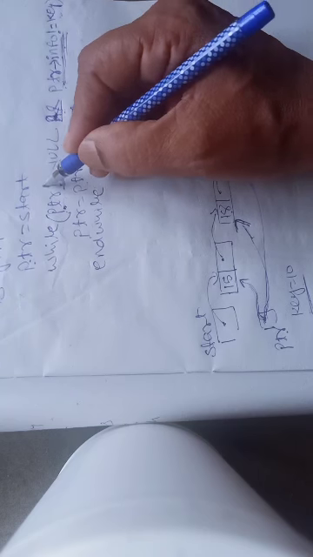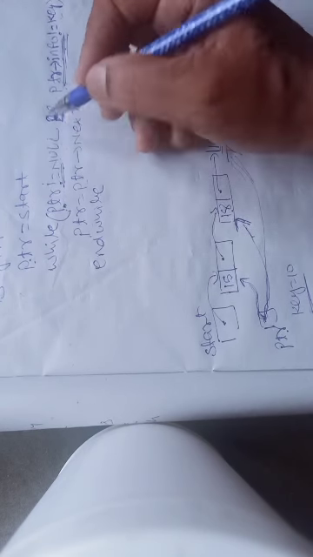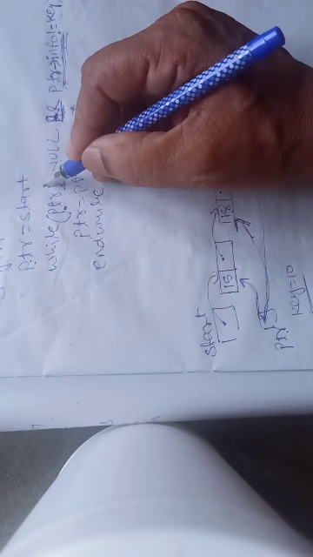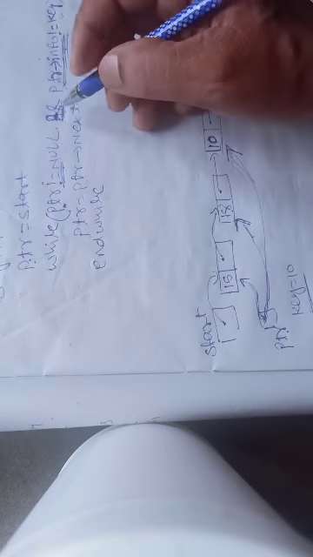Here I have written an AND operation. In an AND operation, when the first one is true and the second one is false, we know true and false will become false. The total condition will be false because the first one is true but the second one is false, so my loop will not continue. I will jump out of the loop.